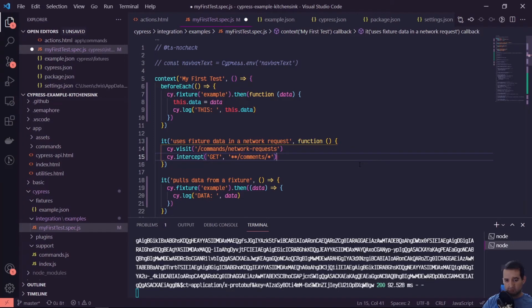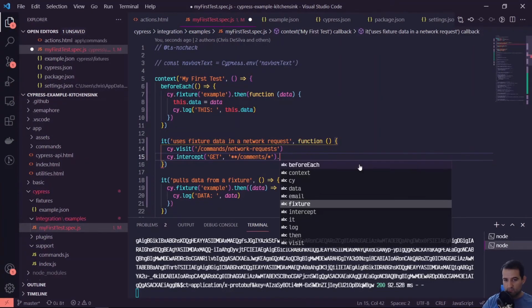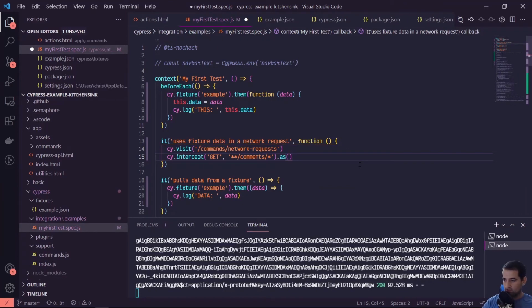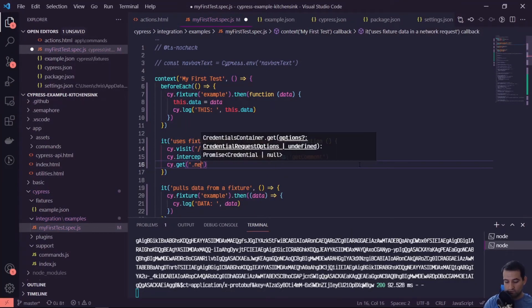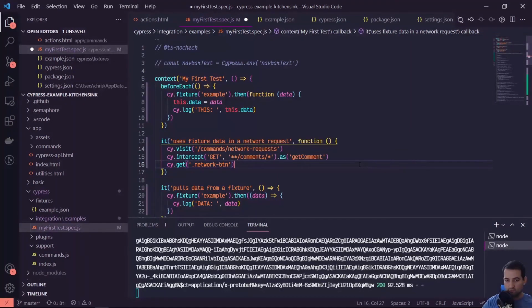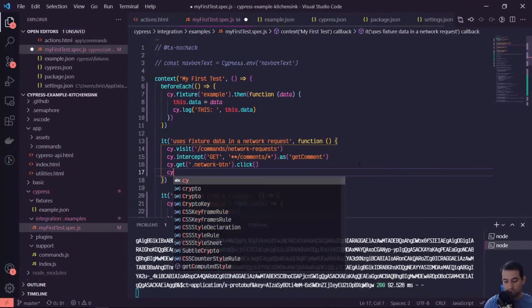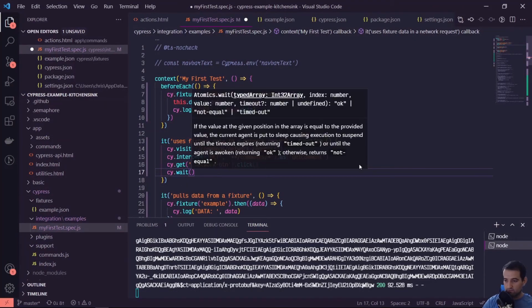So cy.intercept, we're just going to intercept the GET request, and we can actually alias this, so we can call it getComment. And then we're going to grab a button. So there's a button with a class of network-btn, and we're going to click on it. And so the way that button is designed is it'll fire off a request to this comments endpoint. Then we'll wait for